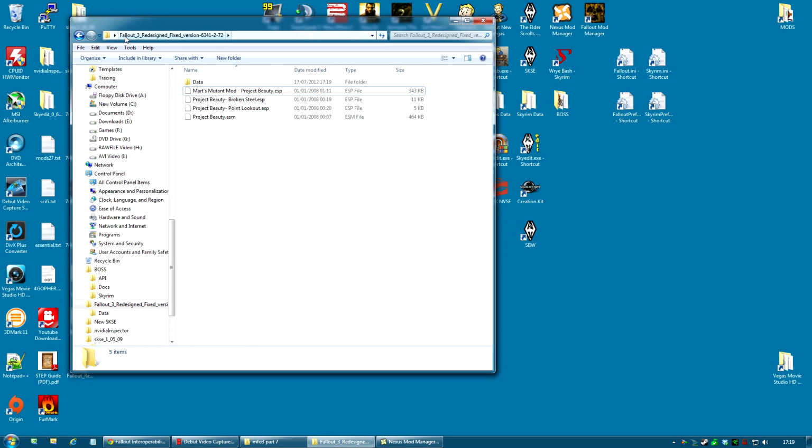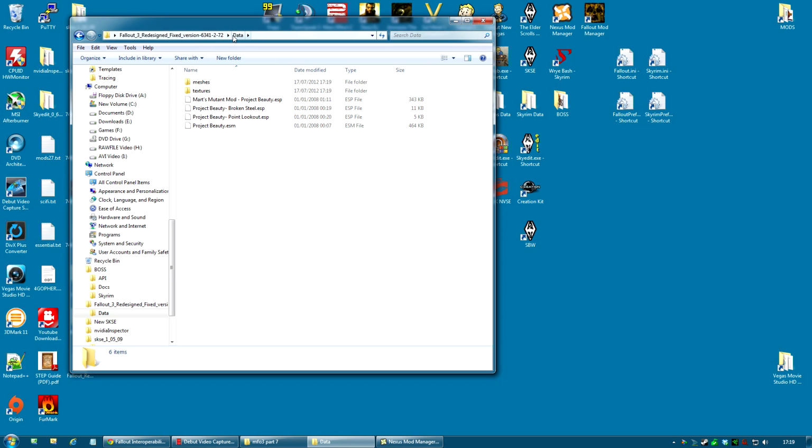So all that is left in this Fallout 3 Redesigned Fixed version is the data folder and these ESPs. I'm then going to select all these ESPs and move them into the data folder. There you go. I know that's a little strange, but this mod comes packaged a little bit strange itself.